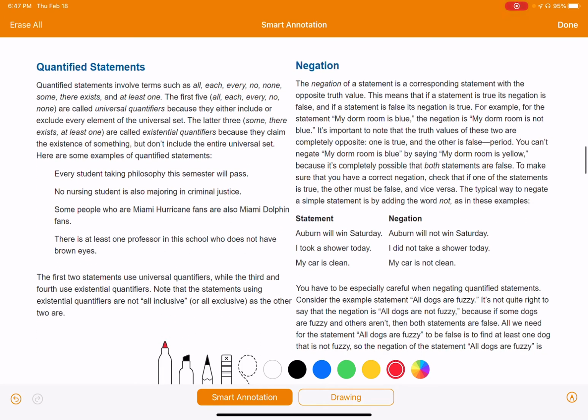All right, so quantified statements. Quantified statements are split into two categories. We have universal or existential. Okay, universal quantified statements deal with the words all,